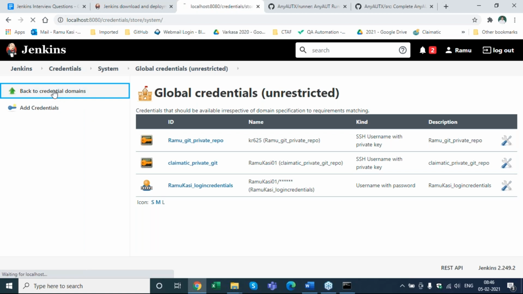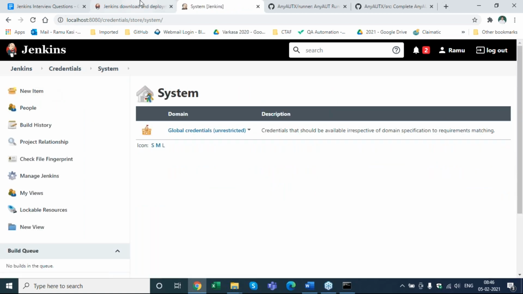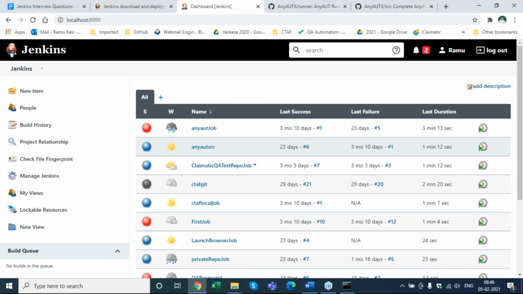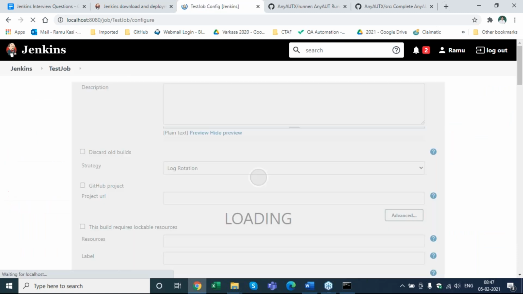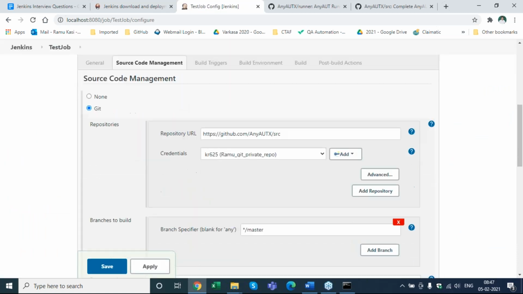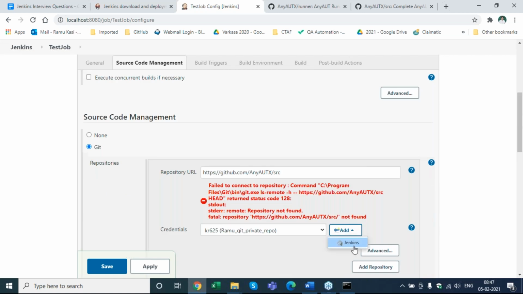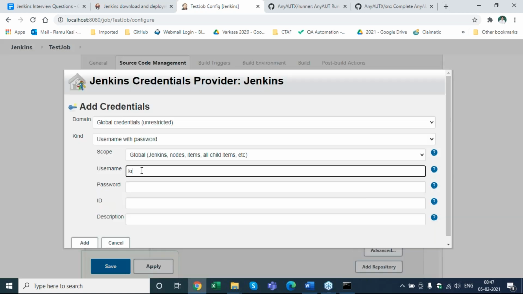Okay, and I'll go back to my job. This job, configure. Add Jenkins. Just a minute, I want to confirm my username and password is correct.